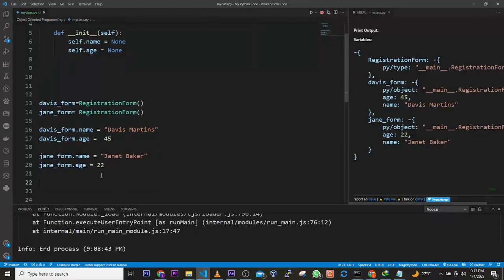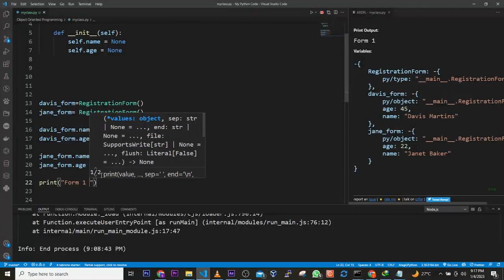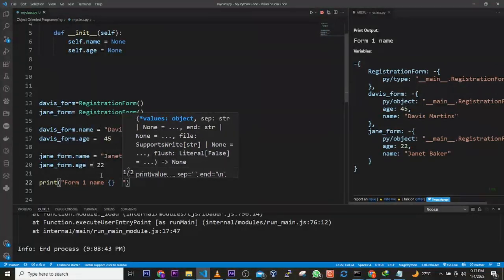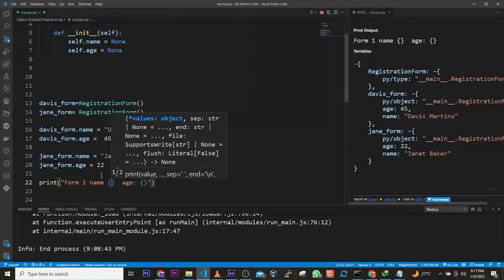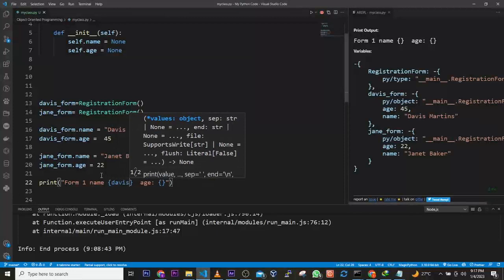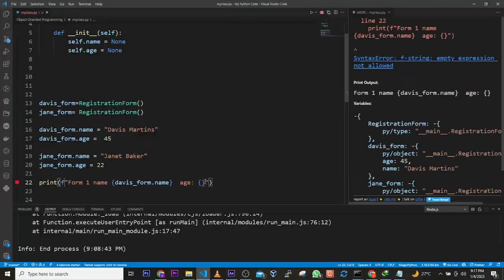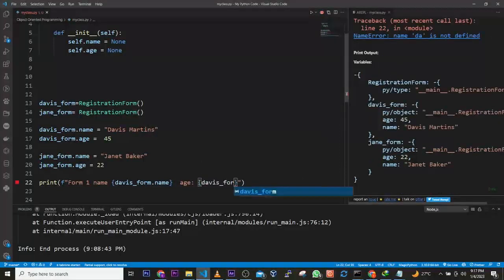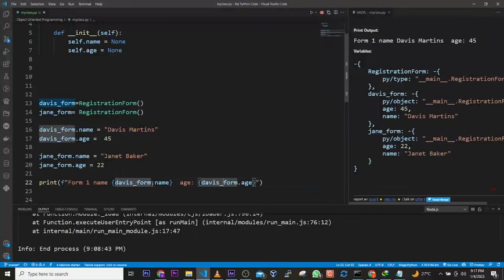We can do a printout of this form. I'm just going to say form 1 name, age, so that will be davis_form.name, davis_form.age. You can see right here the output is showing form 1 name is Davis Martins